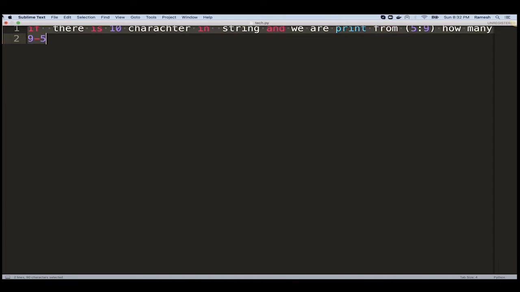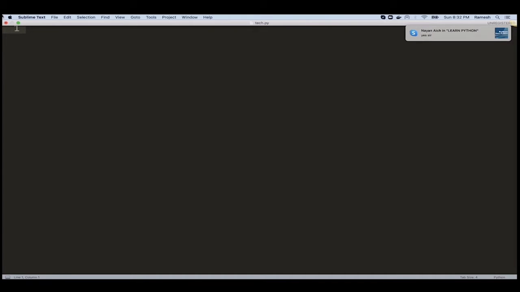And the third thing is that you cannot delete a character from a string. Never ever can you delete a character from a string, but you can delete the whole string itself.